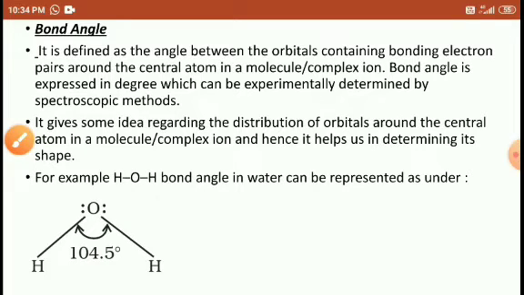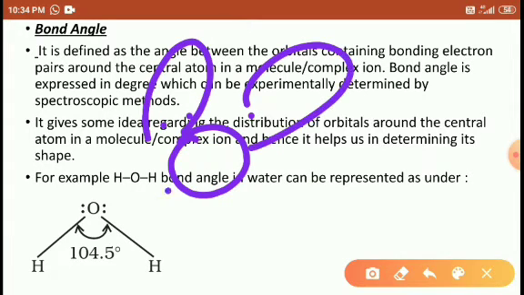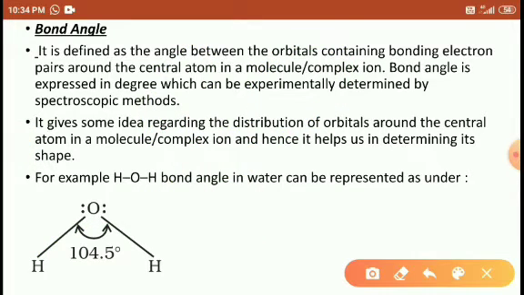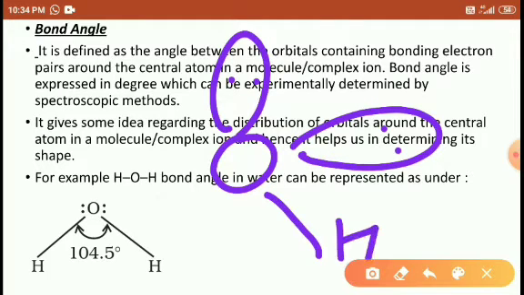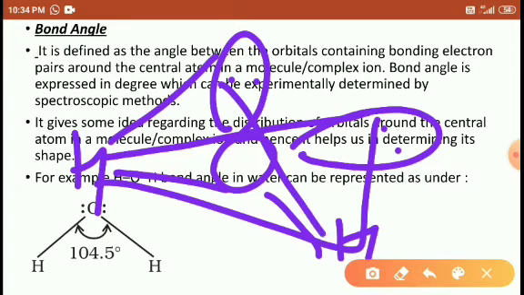Square planar structures, right? Similarly, when oxygen bonds with two hydrogens, this is what we call a tetrahedral structure. Actually the structure of this one is like this. It is a tetrahedral structure, students. These are planar in this form and they are located in this form. So this is a tetrahedral structure, right students?